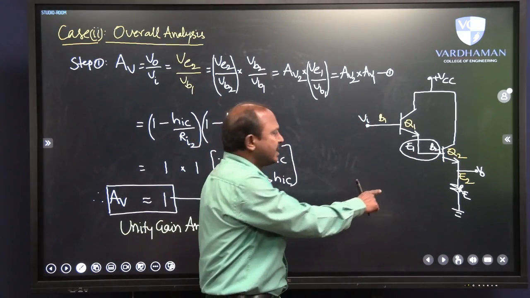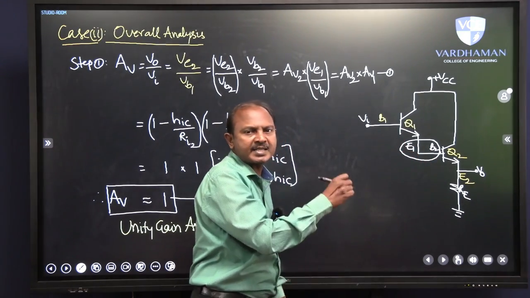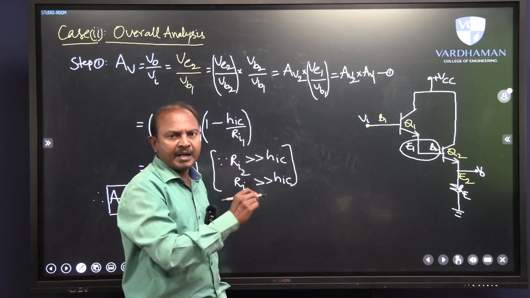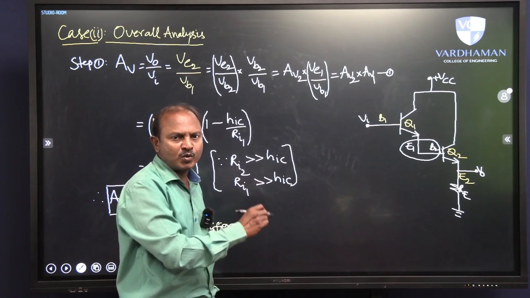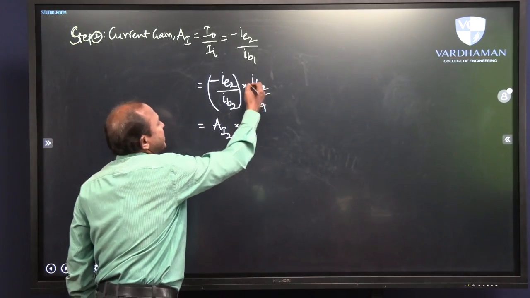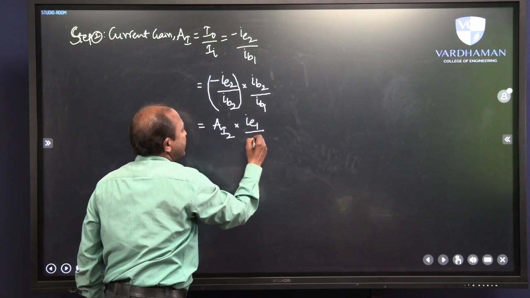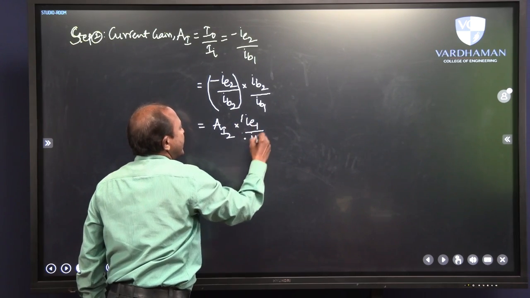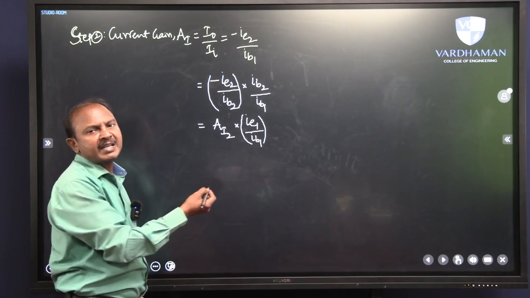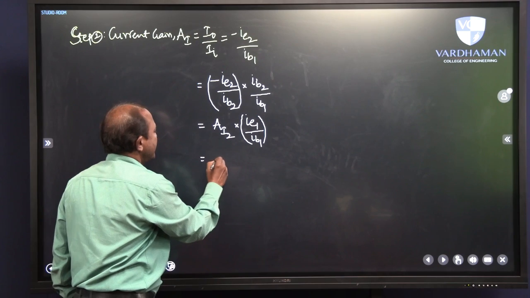Just carefully observe that, because both emitter of Q1 and base of Q2 are at the same node. So emitter current of first transistor IE1 and base current of second transistor IB2 should be equal. If that is the case, we can simply replace this IB2 with IE1 by IB1. What is this IE1 by IB1? Of course, IE1 by IB1 is nothing but current gain of first transistor. So this is AI2 into AI1,